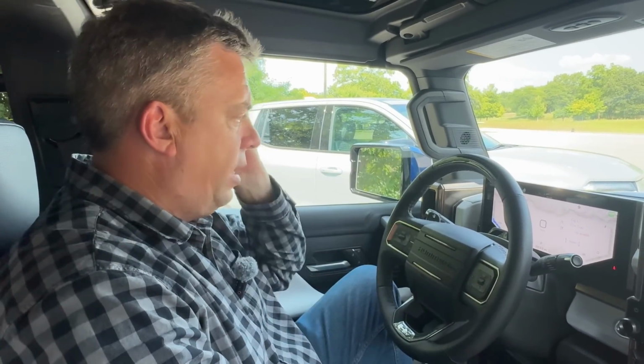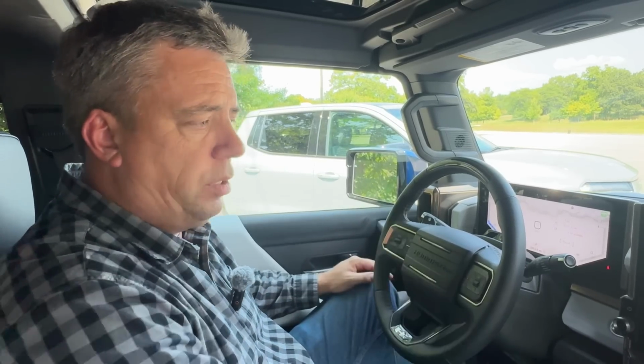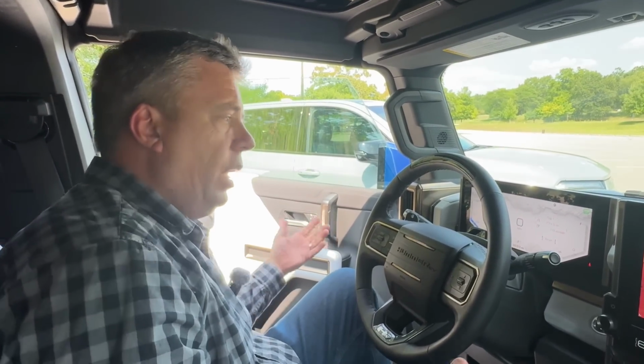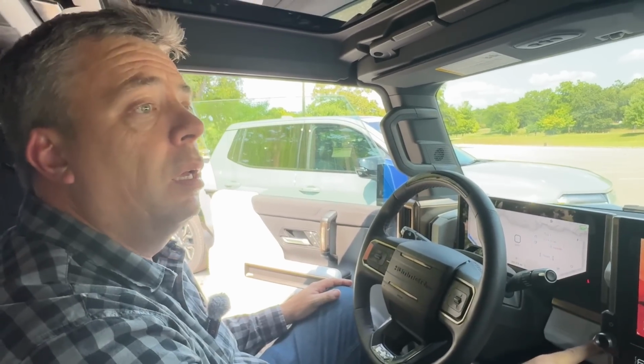It also has a payload of just around 1,300 pounds, which is not super high for an SUV this size, but it's only a two-row, five-passenger SUV. And it weighs about 8,700 pounds. So it's a pretty hefty beast. But let me remove this top. Let me come around to get a better...